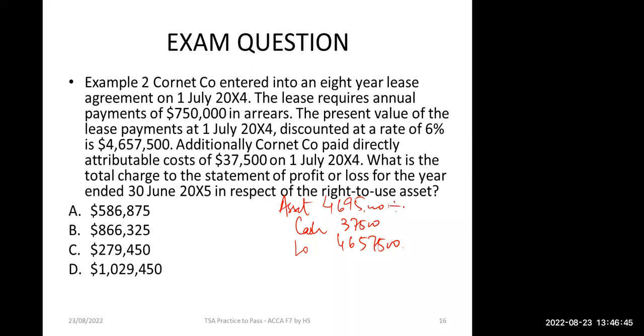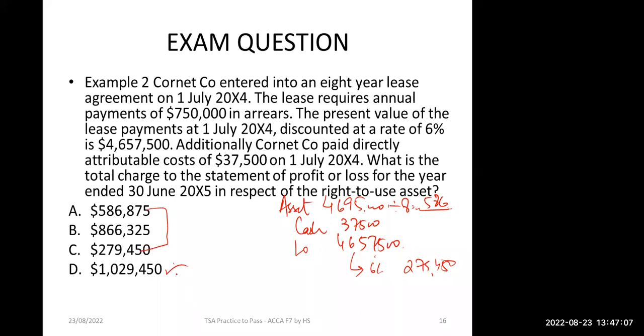So this will be divided by 8 years. 586. And we need to charge interest at 6%. So by adding these two figures,